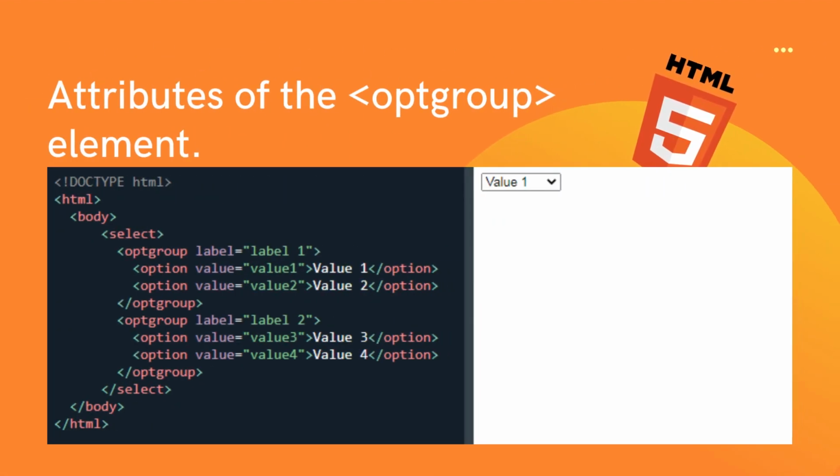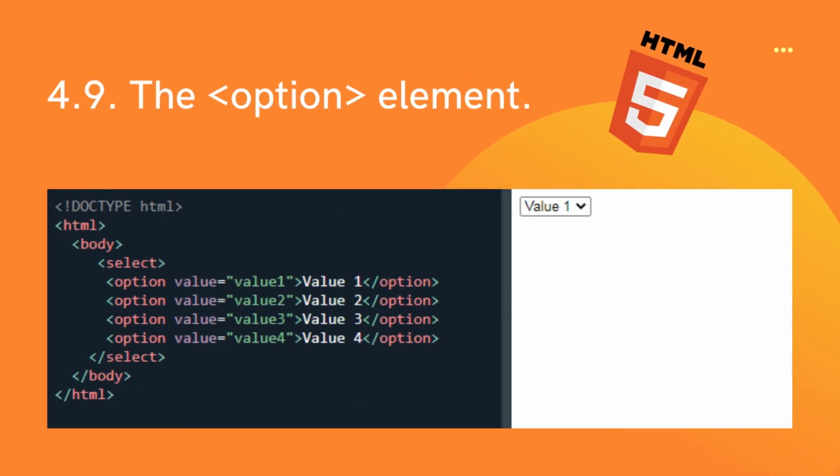Attributes of the optgroup element. The label text attribute specifies the label for the group of options. Example: the option element specifies an option in the drop-down list. The option element is an option in the select element or part of the list in the datalist element. In some cases, the option element can act as a placeholder in the select element. Example: